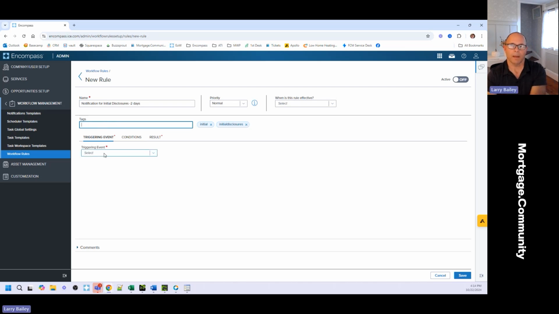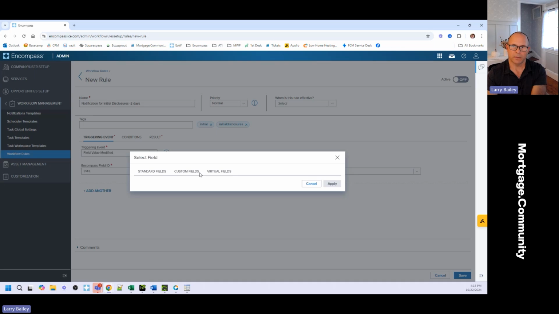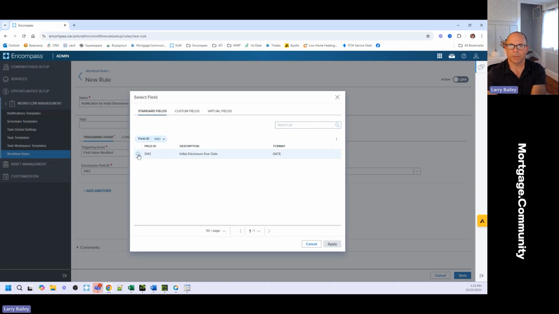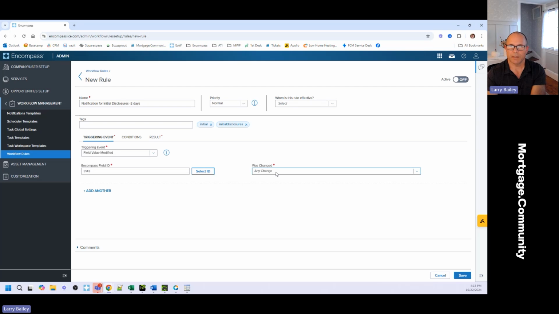Your event is going to be field value modified. I'm going to use 3143. Again, you can type it in or you can come in here, due date, and that's going to be any change.